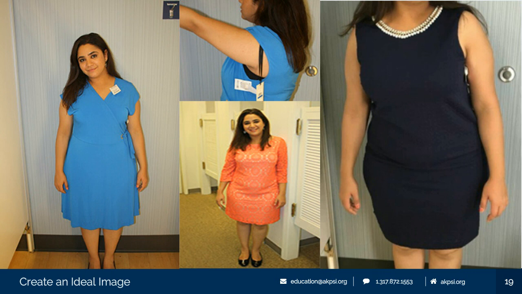So here, the blue dress, if we needed to, what we would do is we would alter from the arms. So we would actually go up to the shoulder seam and pull that up completely. That would raise the armhole length so you wouldn't see her bra right there. That would pull up the bust area so it wouldn't be as droopy looking. It would cinch the waist at the right spot on her, and it would also pull up the hemline on her just slightly.